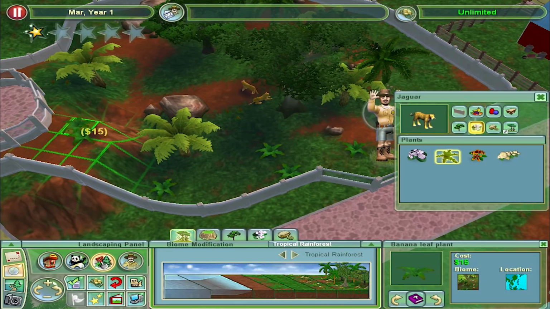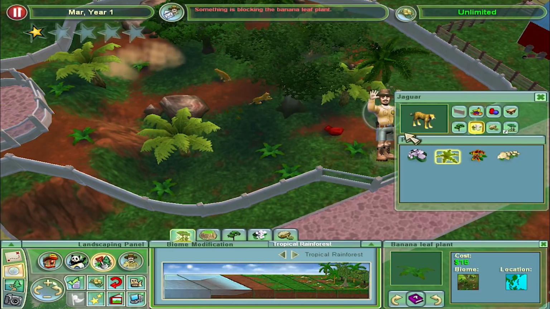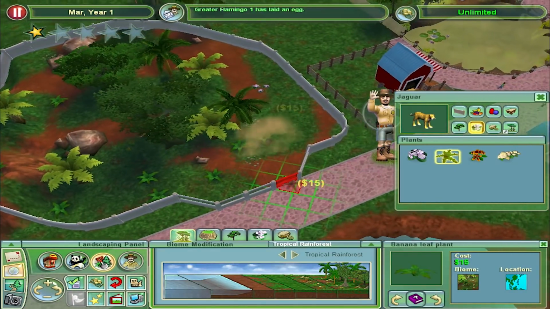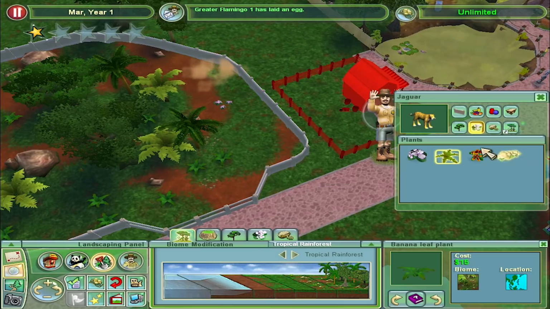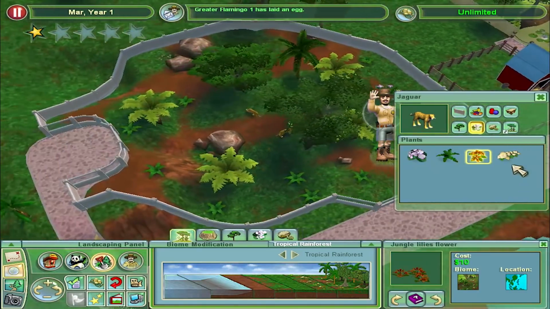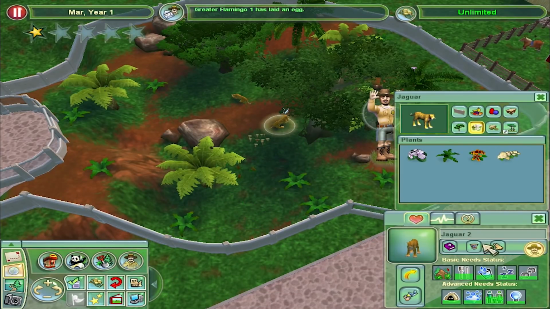Oh, and somebody said, I think these buttons rotate. Oh, perfect. Something's blocking the banana leaf plant. Oh, yeah, I know. That's fine. And this sort of stuff, just sort of like light grass. I don't think they have a... what are you? Oh, you're toadstools. Okay, I don't think they have like a...